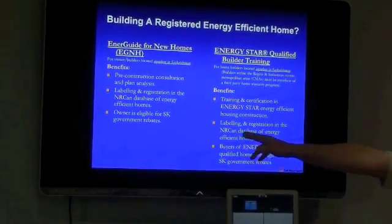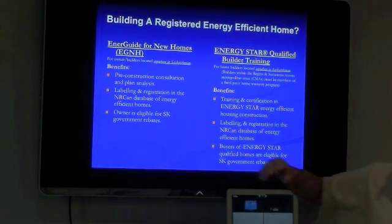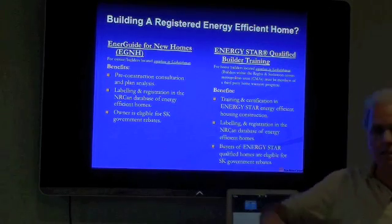Once the house is done, we go back and we verify how much insulation is there, is the equipment that we modeled in place, the furnace, the water heater, the HRV, are the windows double low-E argons, or triple double low-E, or whatever we modeled up front. And we do an air tightness test, and we bring it back, and then we recreate that electronic file in the as-built condition with the real numbers. Up front, we take an estimate as to what the air leakage is, and we simulate the furnace and things like that. This is the as-built file now, and that way we can produce a final rating of the